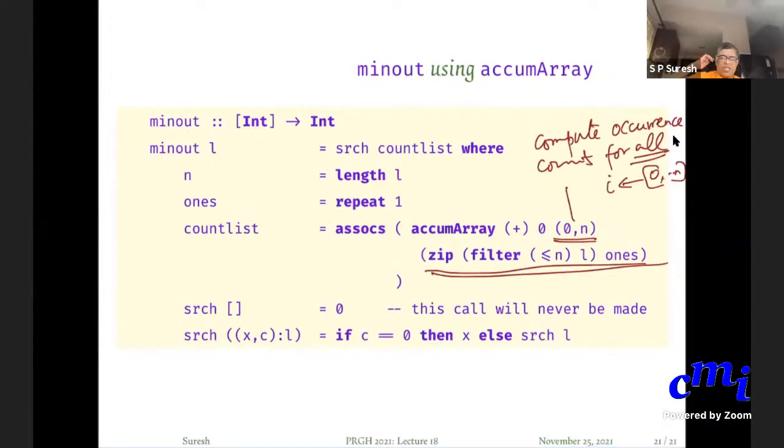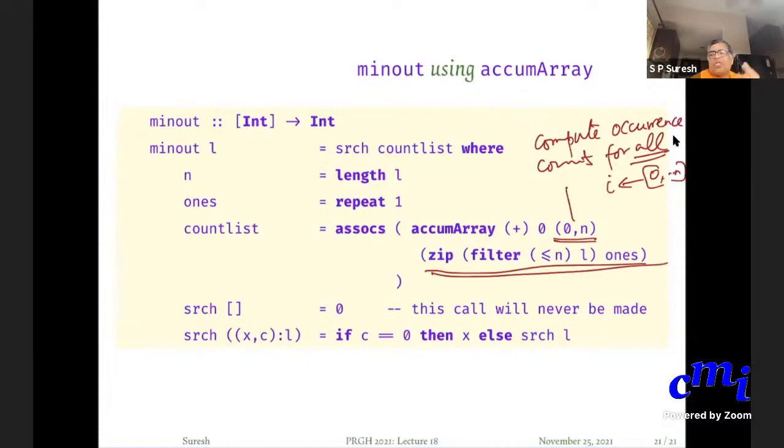Okay? Because the list could be long, etc. So you filter the values because you want to use the accum array, and then this list should be proper. I shouldn't have random entries and try to fill them into this accum array. So I have (i, 1) for every i belonging to the list. For as many times as it occurs in the list, I'll have (i, 1) again, etc. This accum array will count the number of occurrences of all those.